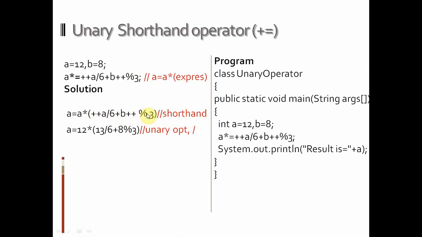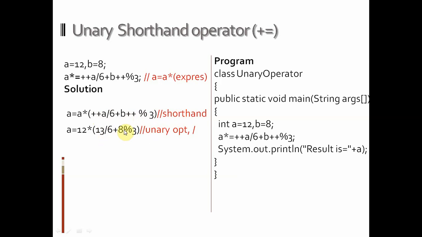First of all we will solve the unary operation. Here is plus plus a, so a will increment by 1 and become 13. The value of b is 8 and it will be put directly, but b has the post increment operator, so b will still remain 8, because a post increment operator cannot show its effect on the spot. If b appears somewhere later, it will show the changed value 9, but here b will remain 8. Now the unary operators have been solved.